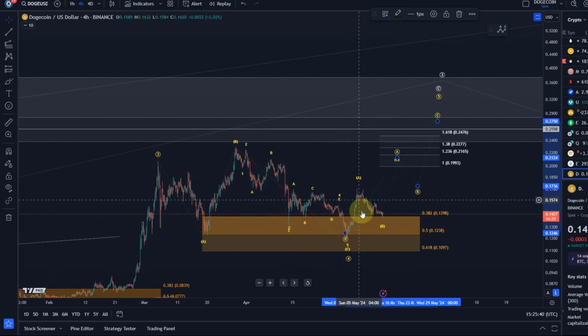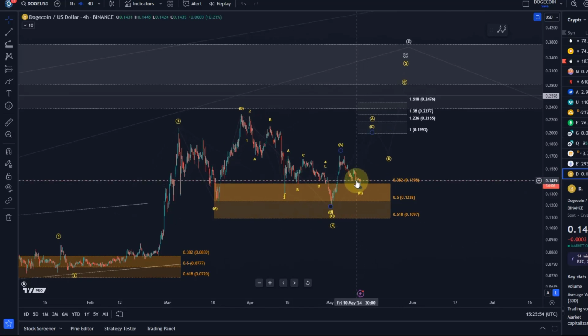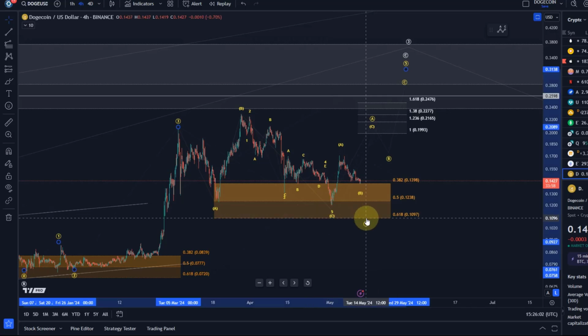And the 3-wave nature of the rally shouldn't surprise us if the price tests like 12.4 cents or 11 cents before really attempting another turnaround. So if we can't turn around at 14, it's very likely that the price is going to test the 12.4 cent level and below that 11. Below 11, I have to change the overall perspective. While I could allow for another extension to the downside of this wave 4 below 11 cents, that will become very unlikely and very unreliable, because a wave 4, even in a diagonal pattern, which this is, would get too extended, too protracted. It is then likely going to be something different.